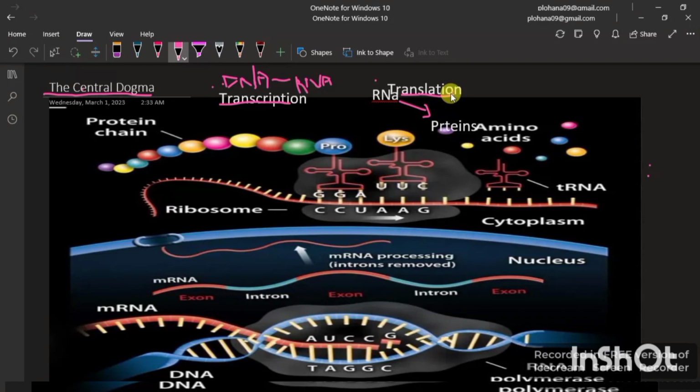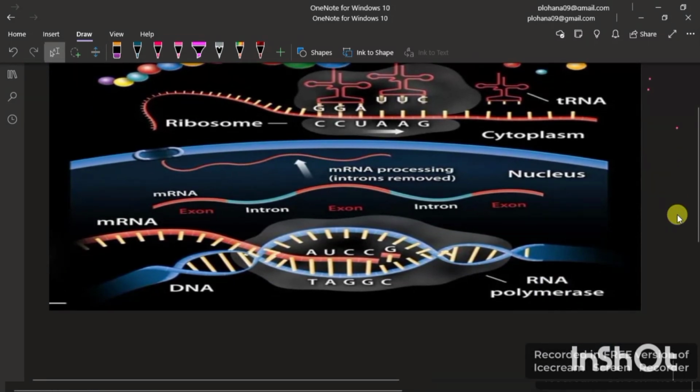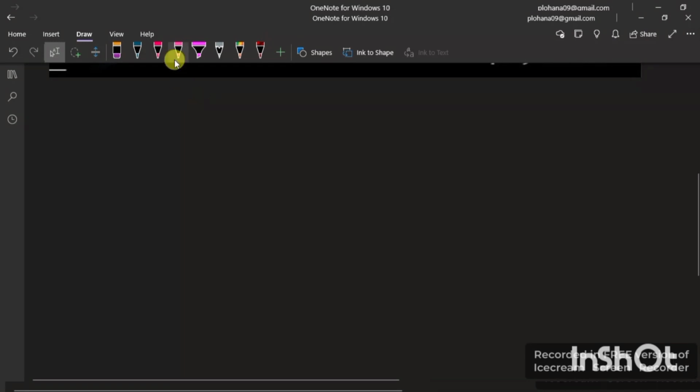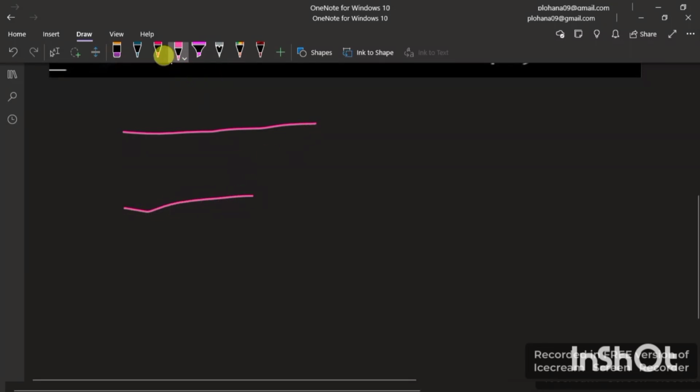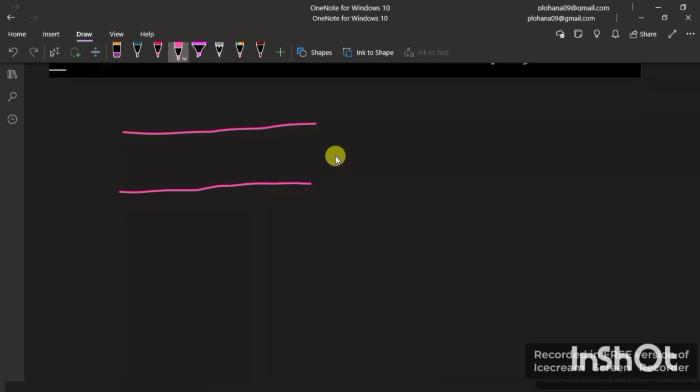So today we are going with the process which is transcription. We'll be forming RNA from the DNA today. Let me scroll down. Now, we have DNA, and we know that in DNA we have genes. So basically this is a gene. Now we need to know: is the whole DNA responsible for making RNA? No, not at all. Only 1 to 2% of DNA makes RNA.